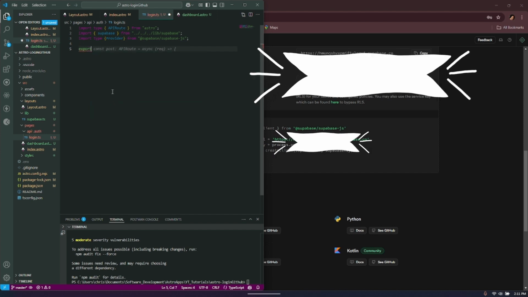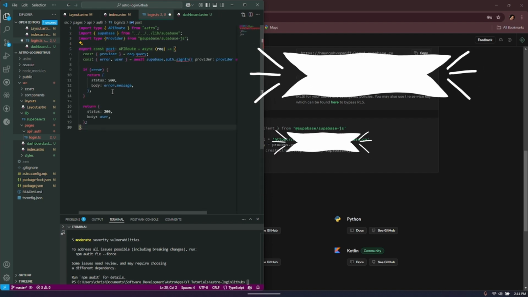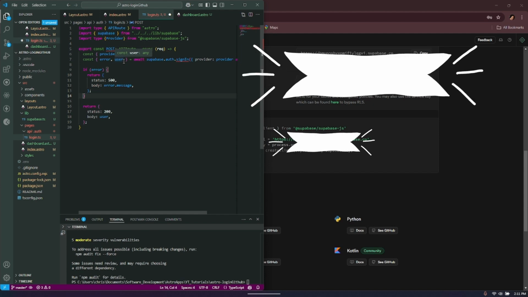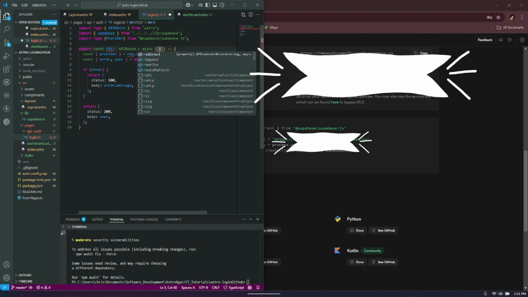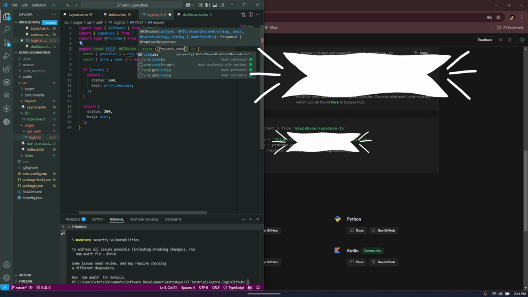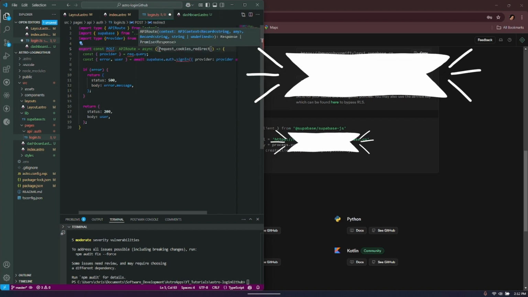And then we're going to say export. So this is what's going to happen. We're going to export const post. Okay, it's similar to what we're going to write. And we've got the API route, and it has to be async. That's right. And we're going to deconstruct the request, the cookies, and the redirect. Okay. And we're basically going to say